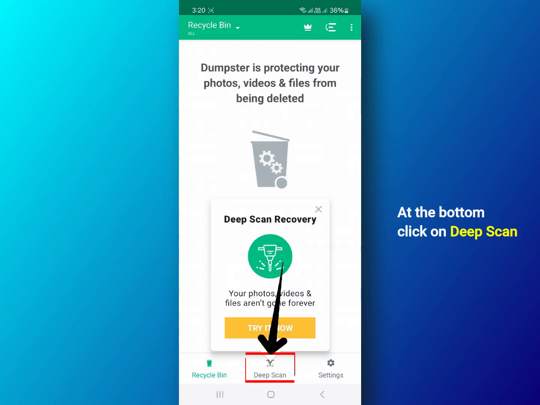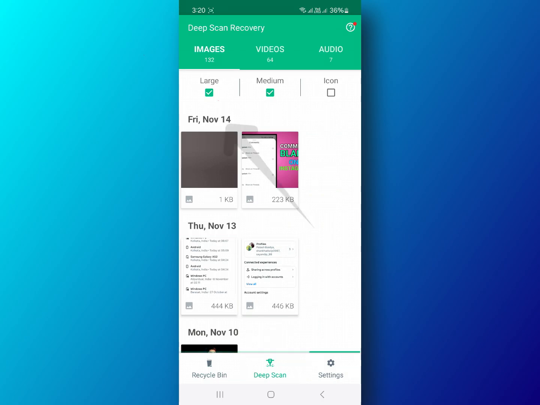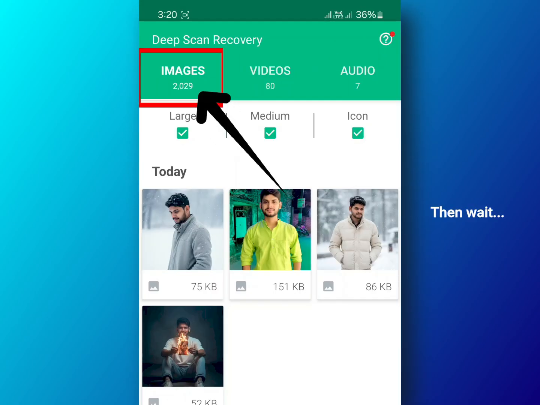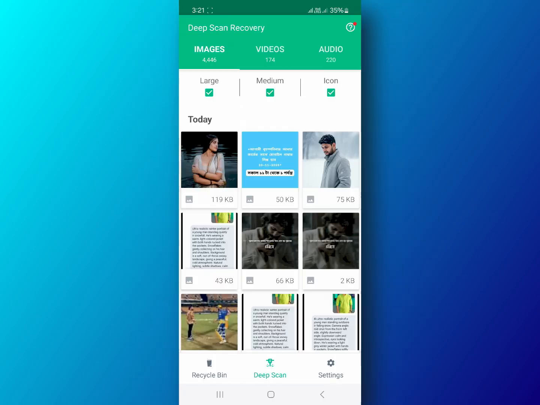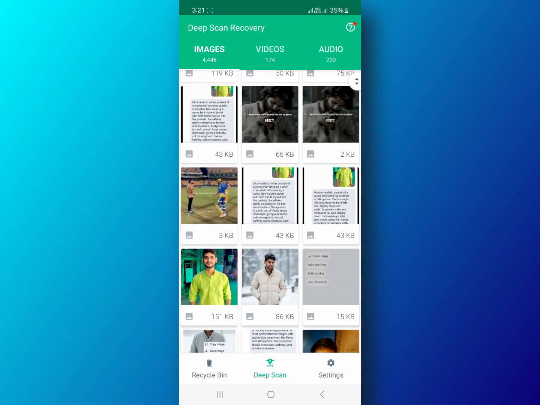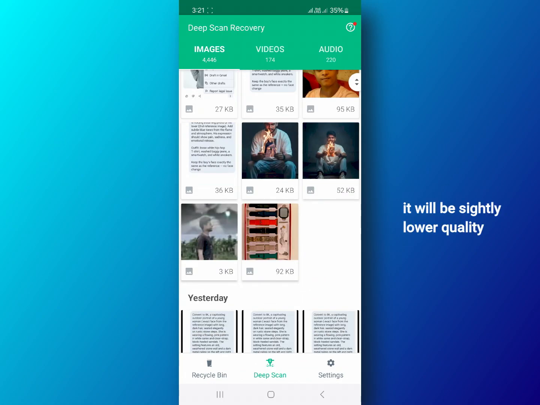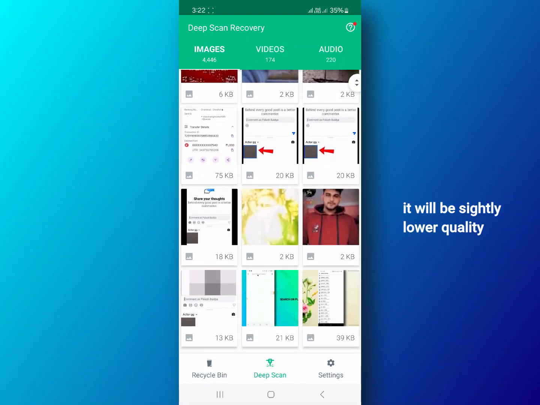At the bottom, click on Deep Scan. Then it will take some time. Once the process is done, you can see some deleted photos recovered along with available photos. As I told you before, it will be slightly lower quality, like me,